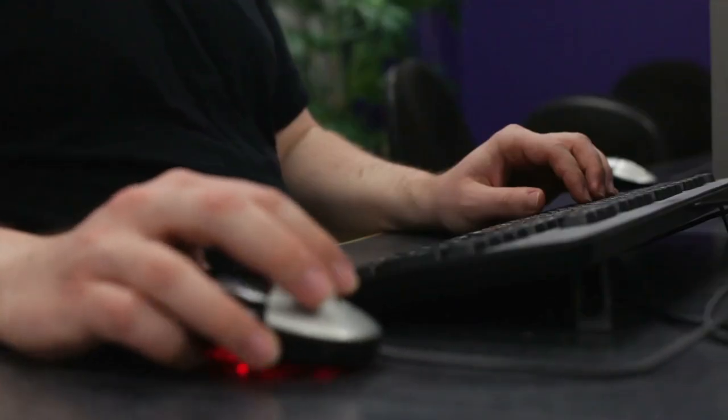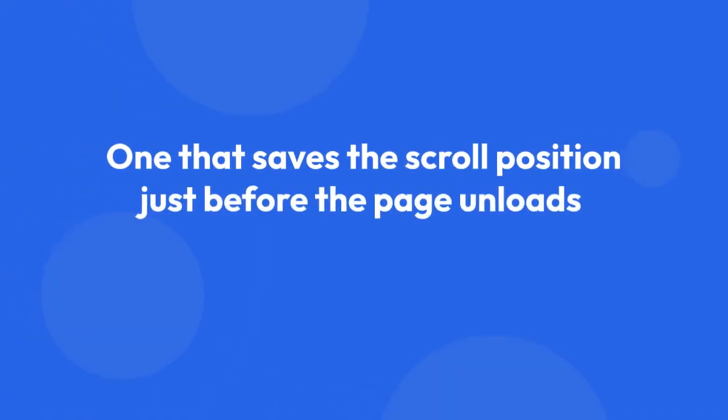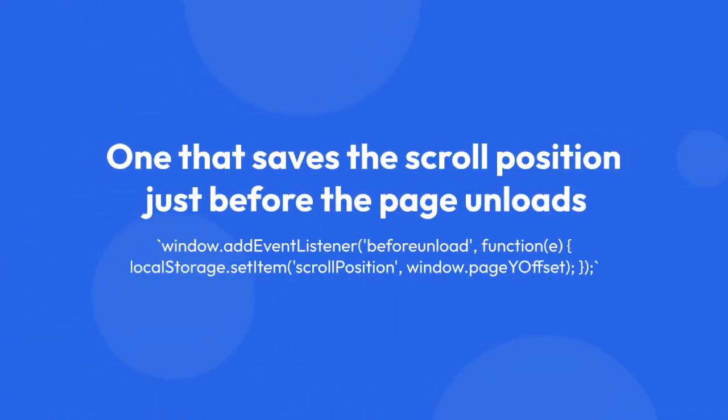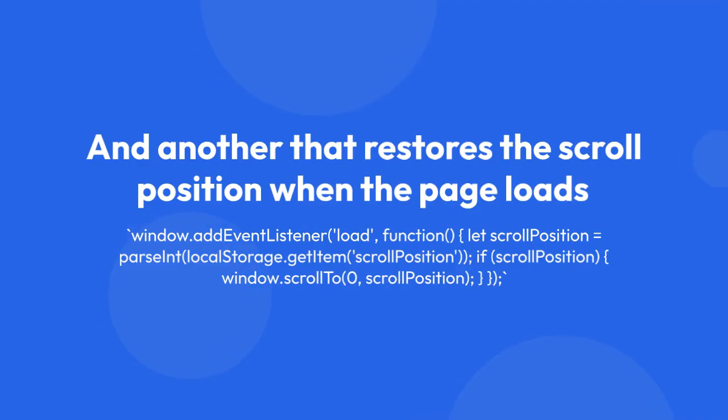8. Putting this all together, we end up with two JavaScript snippets. One that saves the scroll position just before the page unloads: window.addEventListener('beforeunload', function(e) { localStorage.setItem('scrollPosition', window.pageYOffset) }). And another that restores the scroll position when the page loads: window.addEventListener('load', function() { let scrollPosition = parseInt(localStorage.getItem('scrollPosition')); if (scrollPosition) { window.scrollTo(0,